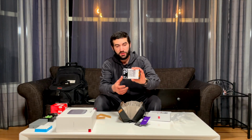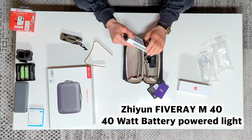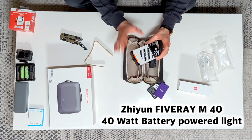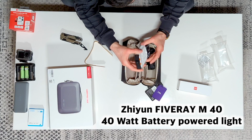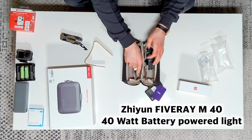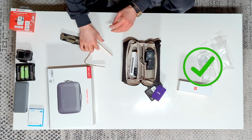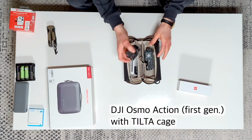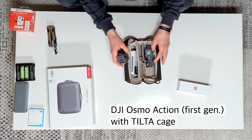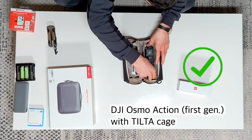I also have bought a new Zhiyun Fiveray M40 40-watt battery powered light, and that is an excellent light. I will try to fit it over here. It fits like so, but maybe better to have it like so. Yes, it fits great. Next will be my action camera, the DJI Osmo Action first generation. This can go just next to my Sony ZV-1,